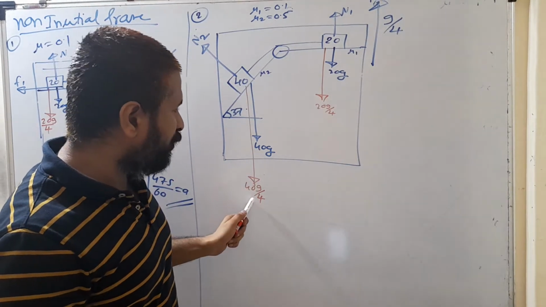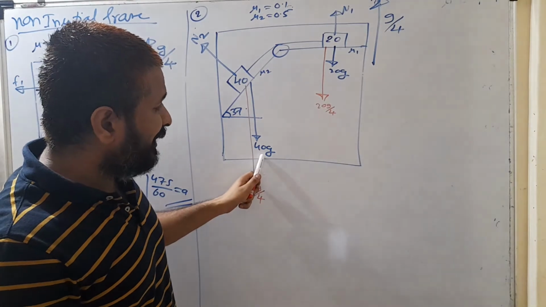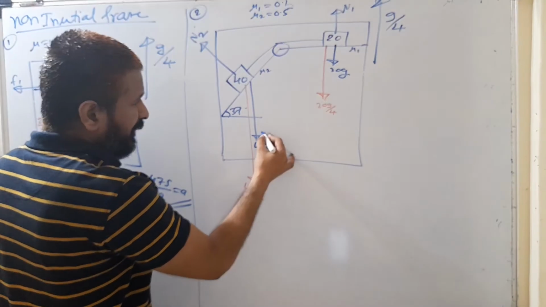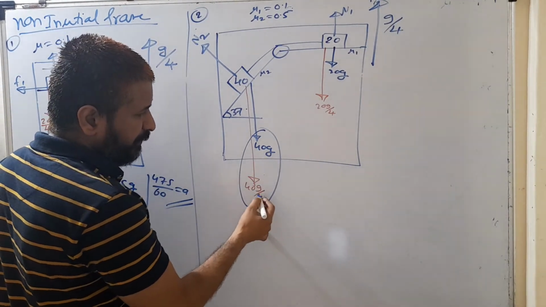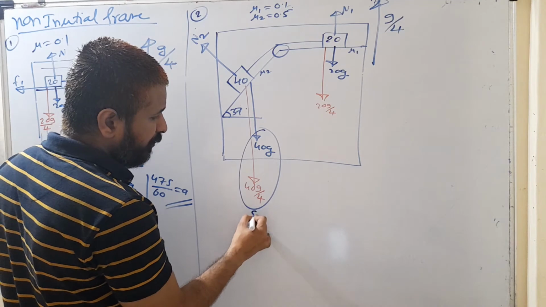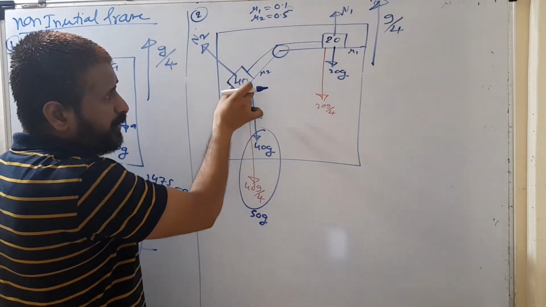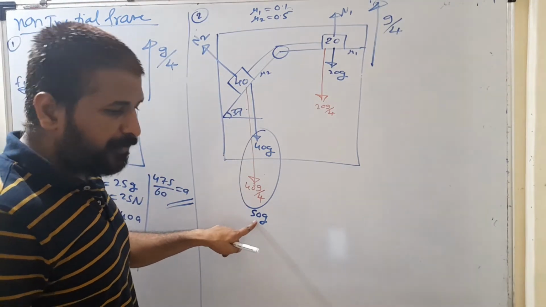Because this weight and pseudo force both are acting in the same direction. These two forces are acting vertically downward, but not against N2. So you have to resolve, you have to find the component. जरा इनको ऐड कर दो. इनको ऐड करेंगे तो क्या आ जाएगा 40g plus 40g by 4. That is what we are going to get, 50g. It means 50g is the total weight. In a non-inertial frame, the total weight of this block is what? 50g. So I am going to resolve this 50g.